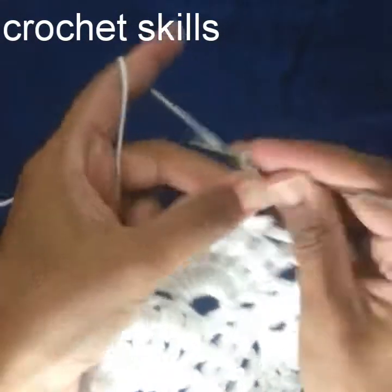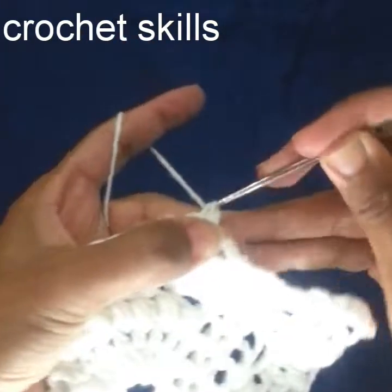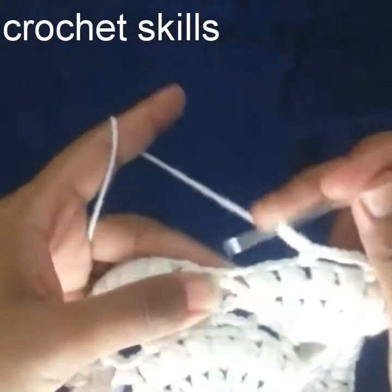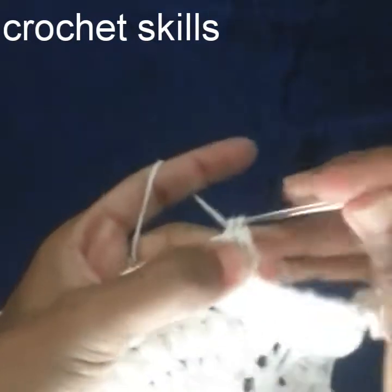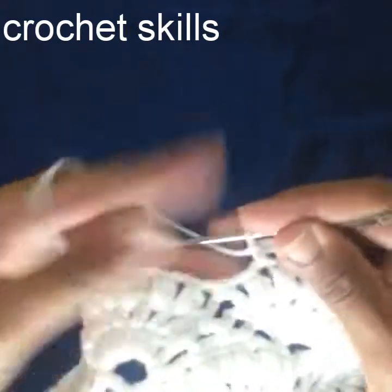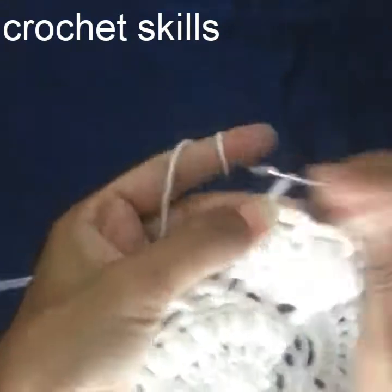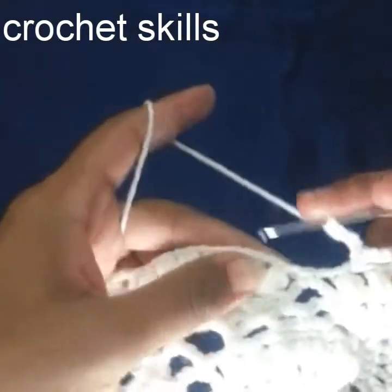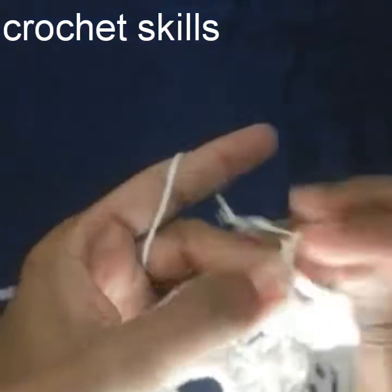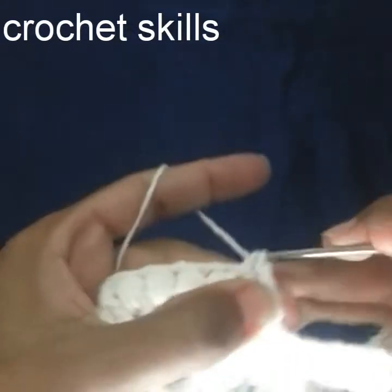flower we will skip 2 puff stitches and make a puff stitch in between 2. So we will skip 2 puff stitches and into the next chain 1 space and between 2 puffs we will work a single crochet, chain 5 and another single crochet in between the last 2 puff stitches, chain 5, jump into the next flower, single crochet in between 2 puff stitches, chain 5, single crochet in the next chain 5,